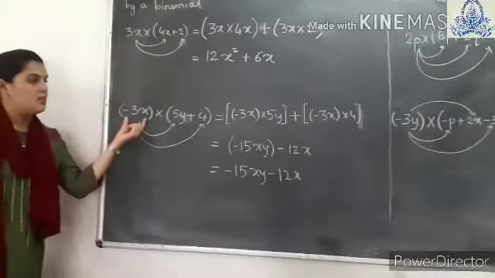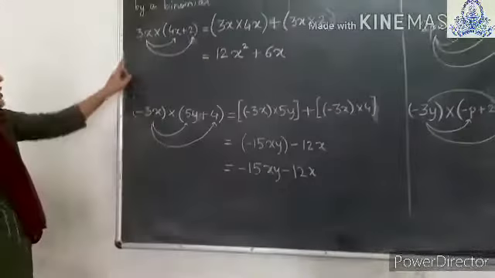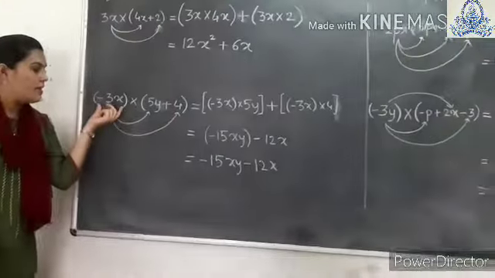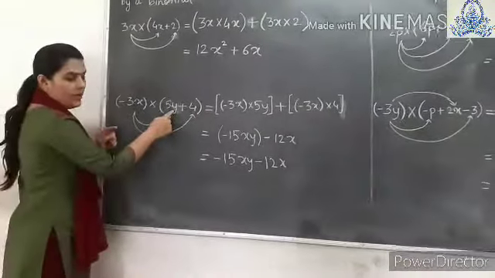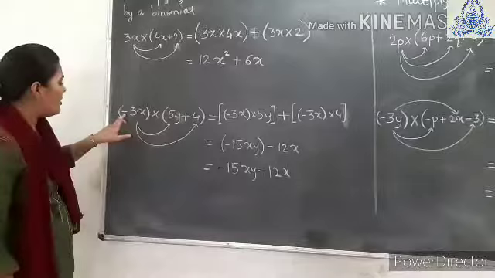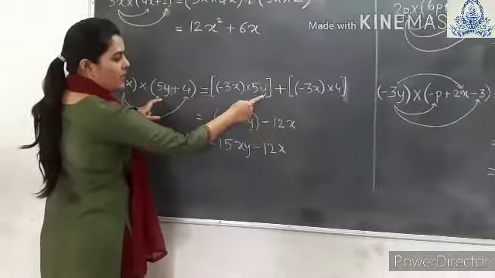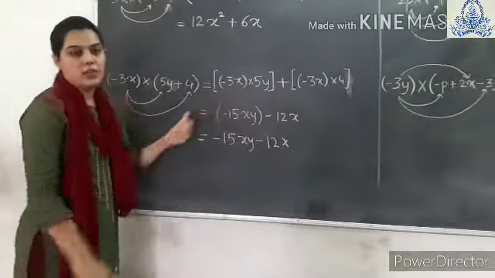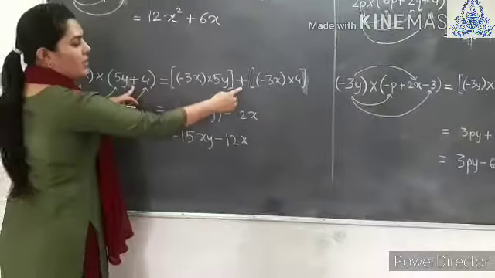See, suppose this is minus 3x, this is also a monomial and this is a binomial. But what is the difference? Here it was only a positive monomial and here we are taking a negative monomial. See, this is minus 3x multiplied by 5y plus 4. Again this minus 3x will be multiplied by this 5y and this minus 3x will be multiplied by this 4. Now see, this has a minus sign. So minus 3x multiplied by 5y. See, put the bracket properly so you can see where the sign is. Okay. So this minus 3x is multiplied by 5y. Now see, here it is a plus sign. So we have taken the plus sign.